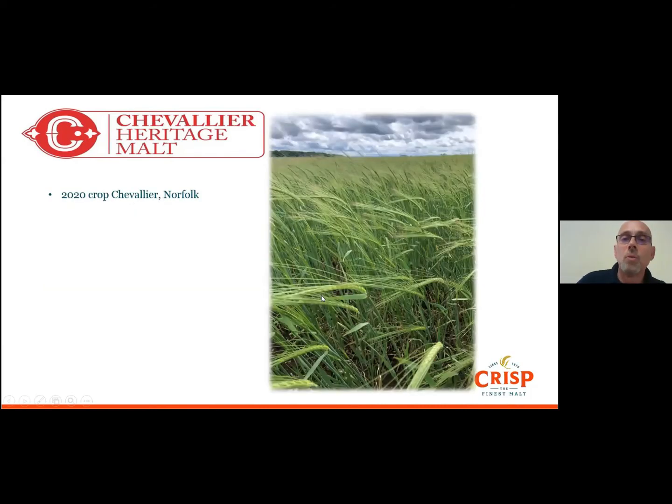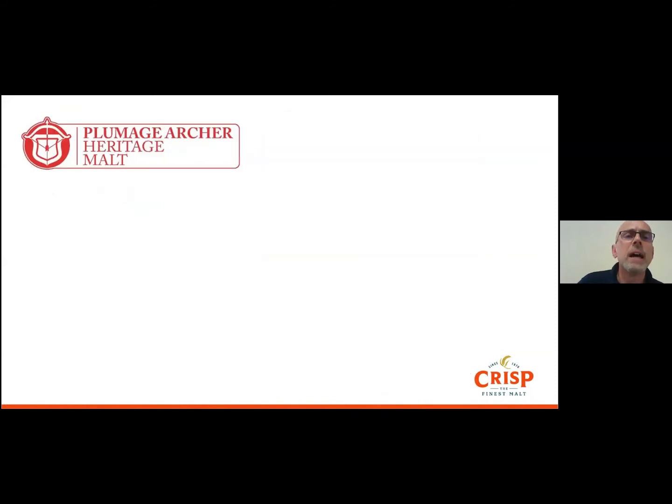And moving on to 2020, sun shining here today, about 32 degrees. We're accelerating towards harvest. This was photographed last week, courtesy of our colleague Bob King. The Chevalier looks great, so we're really looking forward to the crop that we're going to take off the field sometime in August, and to see what the quality looks like this year. So that's Chevalier. From Chevalier, we then moved towards Plumage Archer and looking at